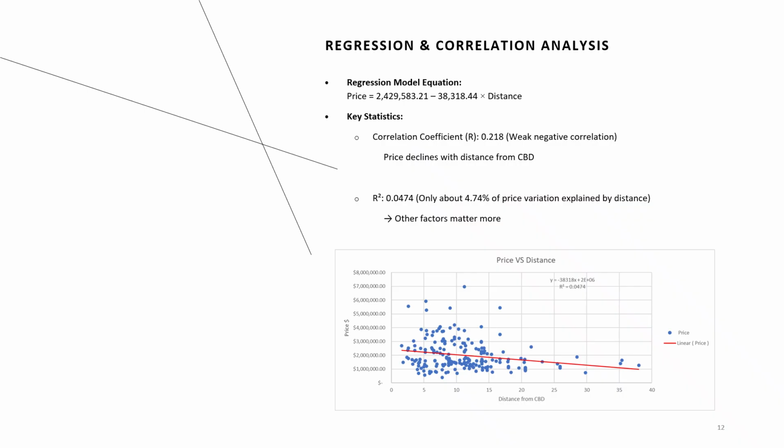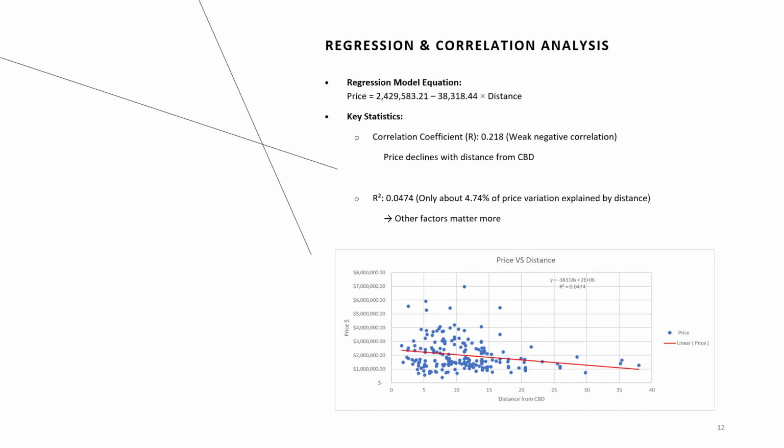This slide presents the result from a regression analysis of property prices and distance from the CBD. While properties closer to Melbourne CBD tend to be more expensive, distance alone is not a strong predictor of price. The regression line in this slide indicates that for each extra kilometre from the CBD, the price drops by approximately 38k. However, the R-squared value of